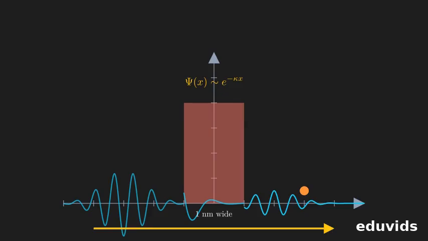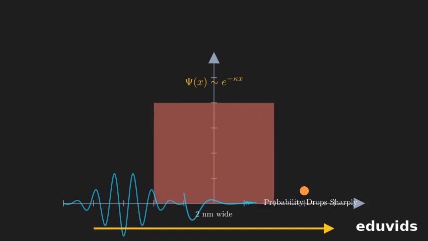Let's consider a worked example of an electron tunneling through a thin insulating layer. If the barrier is only 1 nanometer wide, the electron has a measurable chance of tunneling through. If we increase the barrier width to 2 nanometers, the tunneling probability will drop extremely fast. This shows tunneling is a practical effect only over truly atomic distances.